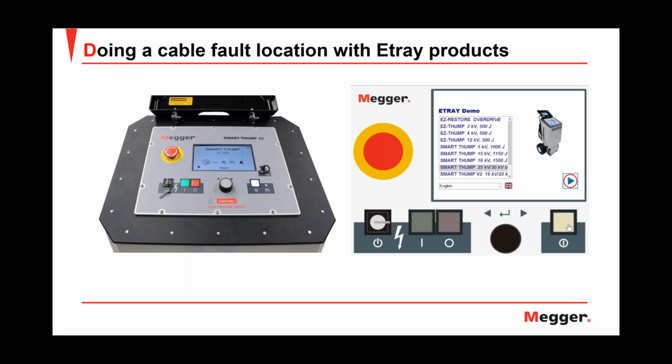I have the mains on button, the control knob also, the high voltage on, that is the green button, and the high voltage off, that is the red one. I have also my keys to activate and deactivate the high voltage potential, and I have my emergency off. So I need to go out of my presentation to go into the mode